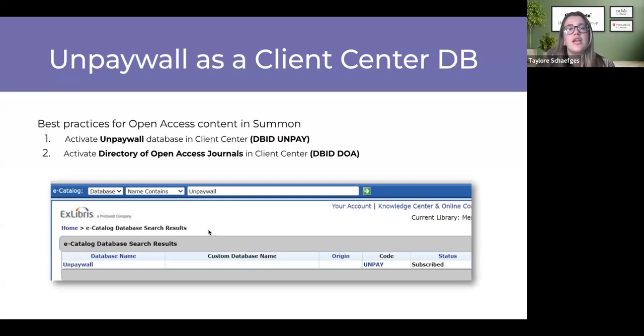Next slide. And so for best practices around managing open access content in Summon, we recommend two things. I recommend activating that Unpaywall database we just touched on in the last slide. And also, if you're really getting into best practices with open access, activating the Directory of Open Access Journals in the Client Center. These are the two main ones we suggest. Of course, there are other options for OA databases to be activated, but these two are the best if you don't want to spend a lot of time digging through subscriptions and doing a lot of activations in